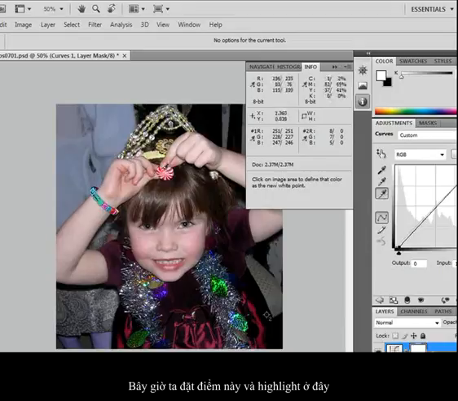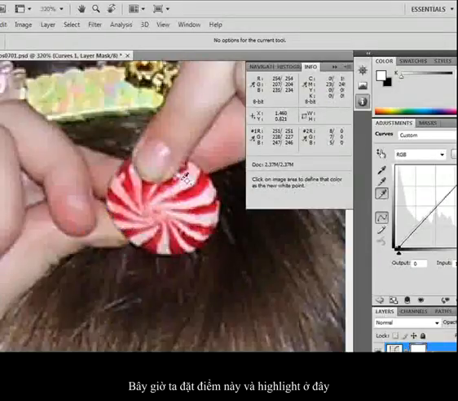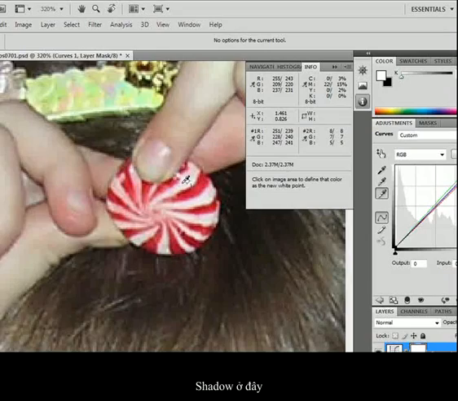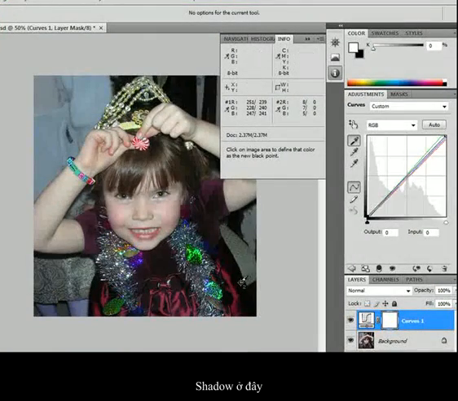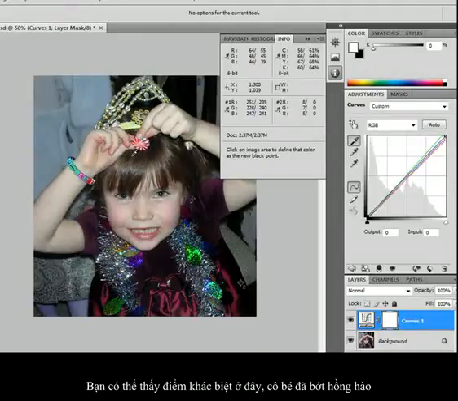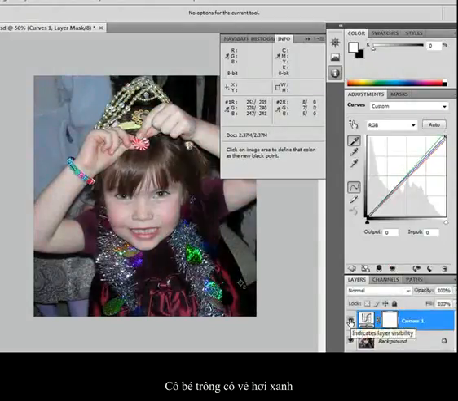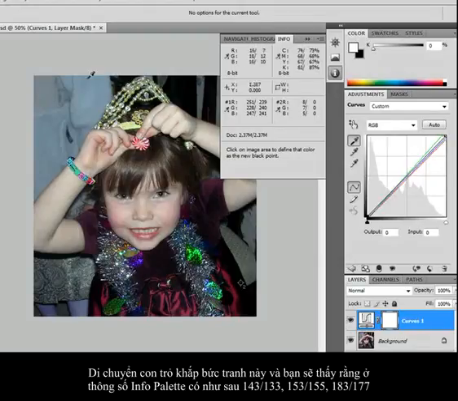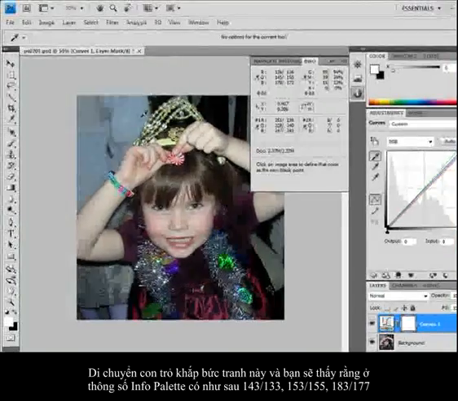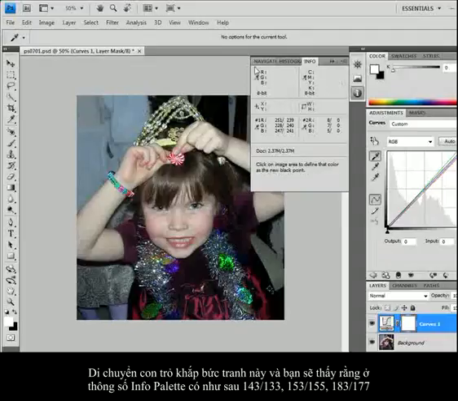Now I set these points. My highlight is, I'm going to zoom in so I don't miss, here. My shadow is, take my shadow, here. Okay, so I've started this. You can see there's a little bit of a difference in this image. She's lost some of that pink. She might actually look a little green at this point, but again, it's in comparison, so it's hard to tell. This is where knowing a little bit about grays and neutrals can help. Notice I cross over this image, and in my Info panel, look up here, when I cross over, it's giving me values like